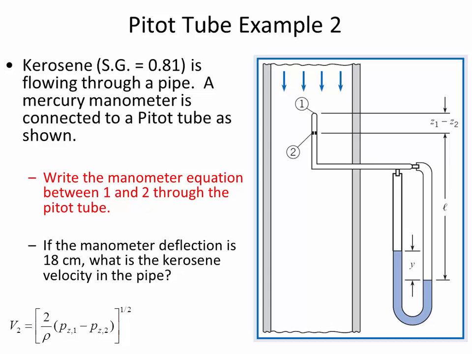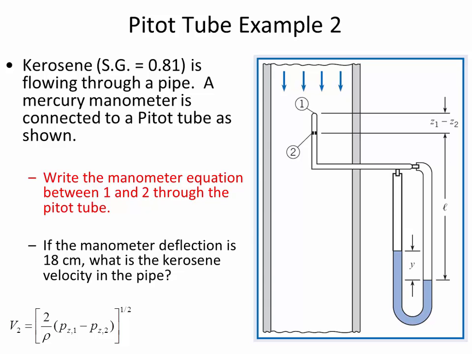What we're going to do is consider the pitot tube equation. The pitot tube equation says that the velocity at 2, where 2 is that opening that's facing sideways, is 2 divided by the density of the fluid, times P sub Z1 minus P sub Z2. And the fluid is kerosene flowing in the pipe, so that's what we're going to use as the density. It is 2 divided by the density of kerosene,